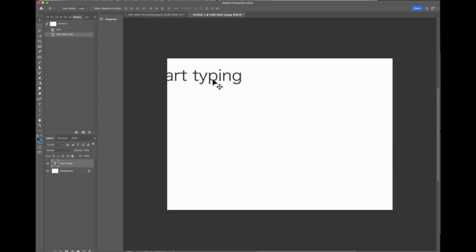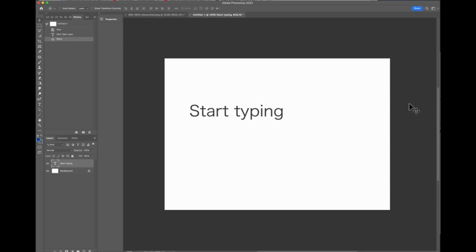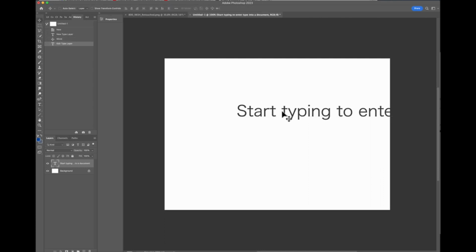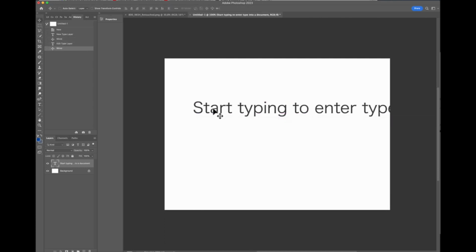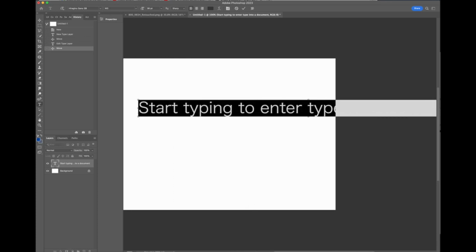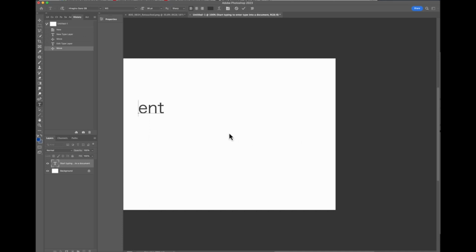When you do that, the type will just keep going right off the edge of the page if you don't hit your return or enter key at the end of every line. See, it just goes right off the side. I've got the type centered at this point, but that's what happens if it's set on left justify. So if we don't want that to happen, I'm going to cut that so I don't have to redo it. And the other option is to